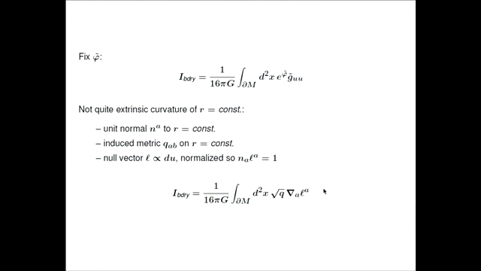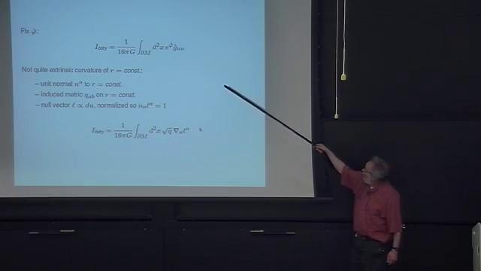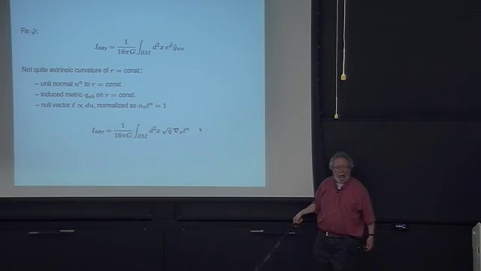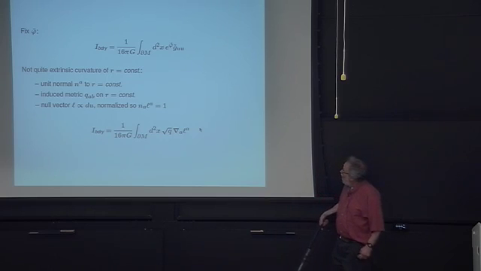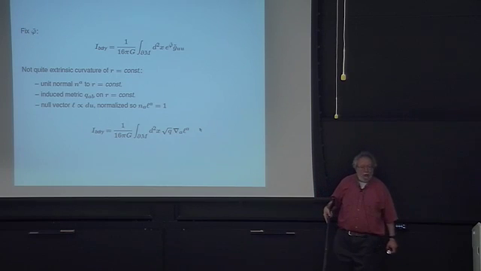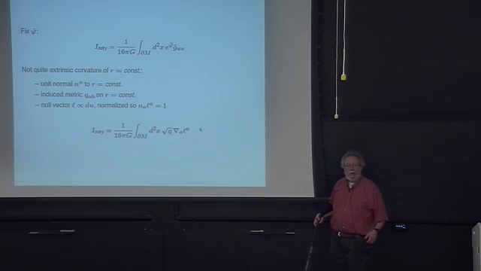OK, so you have a choice of what you want to fix at the boundary given this variation. I will choose to fix the conformal factor phi. That tells you what the boundary term is. You get a slightly different boundary term if you fix GUU, but not very different. So that's your boundary term. It doesn't look very geometrical. It's not something nice like the Gibbons-Hawking integral of the extrinsic curvature. As it turns out, though, it can be recast